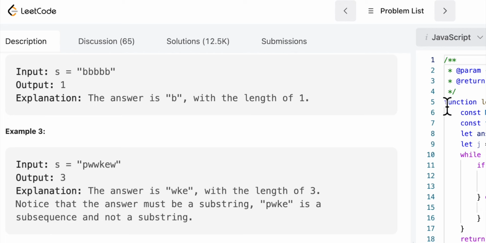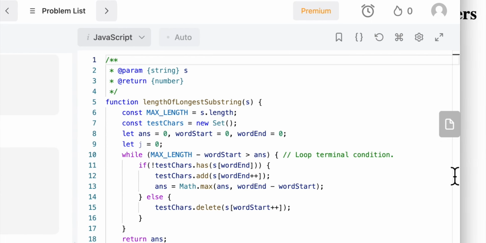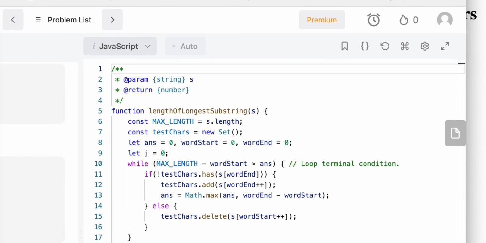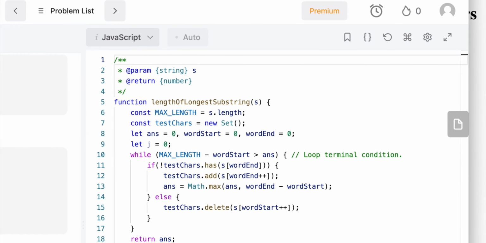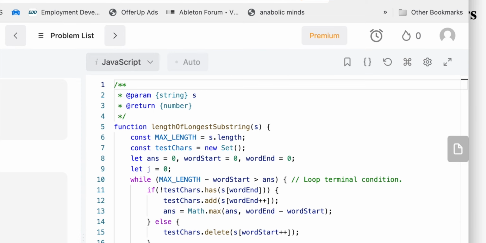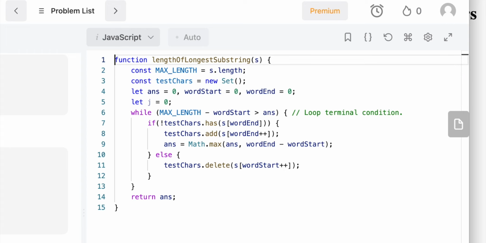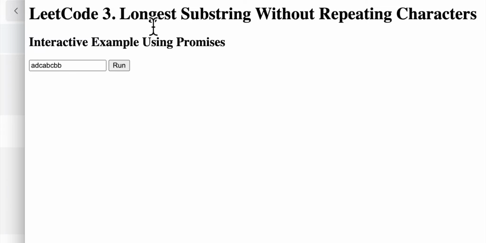All right, so here's my solution. Slide this over here, and bring it up here so you guys can see a little better. In fact, let's just get rid of this stupid comment here. It's useless. So I started by just using that intuitive approach with a loop. In fact, let's go right to my interactive solution here. I made this longest substring without repeating characters interactive solution